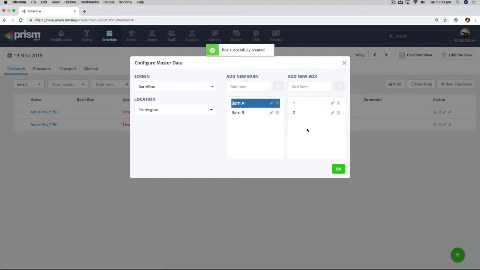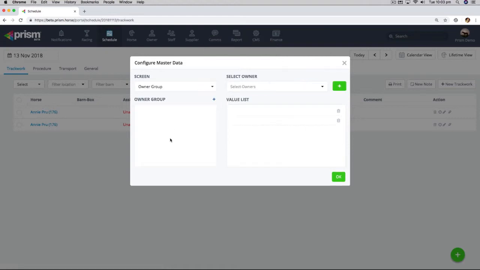as you listen. So that's Barn and Box. Owner groups. This is around